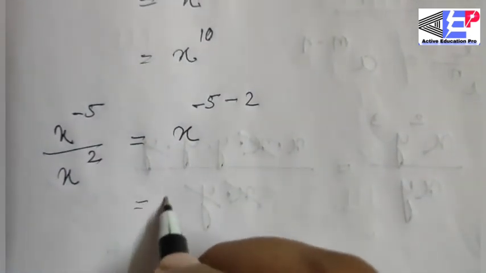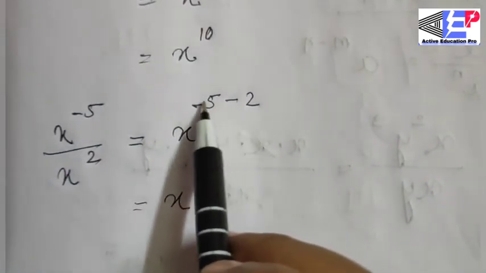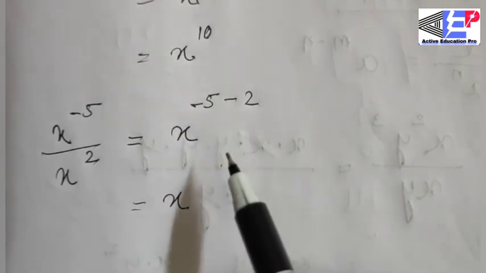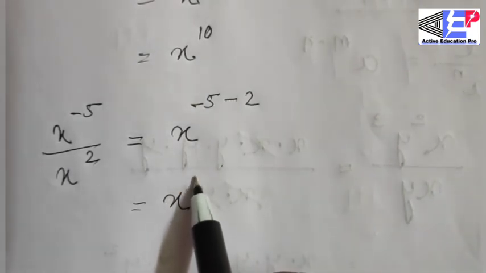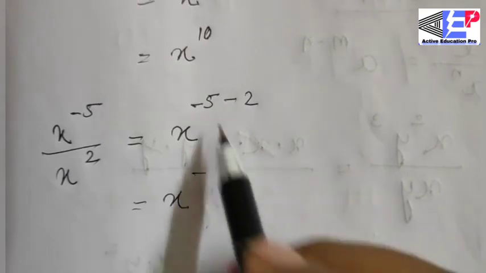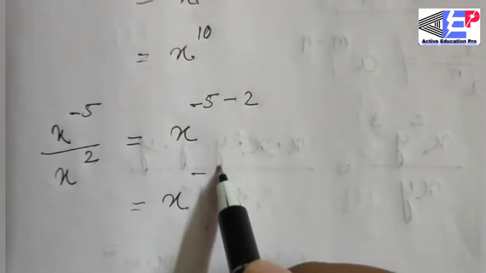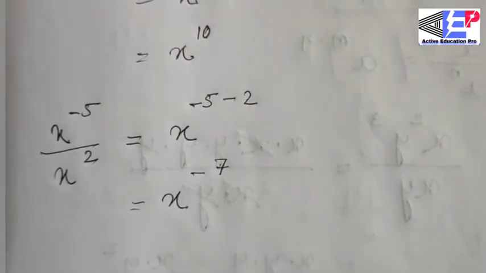As per the sign rule, you know it very well. When addition or subtraction is held between the same signs, the sign will be the same, minus. Then add the numeric, 5 plus 2 is 7. X to the power minus 7 is your answer. Another example,